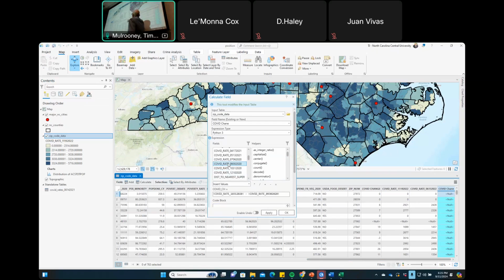Was I smart enough to type in these exclamation points? I'm not that smart. Why are these exclamation points there? Because it tells it that it's a field. So in whatever language, Python 3, it knows, hey, when I see these exclamation points, I'm referring to a field in my table. So these are really simple to do. I'm just going to do new minus old. Do I need to normalize by anything? No, they're already rates.